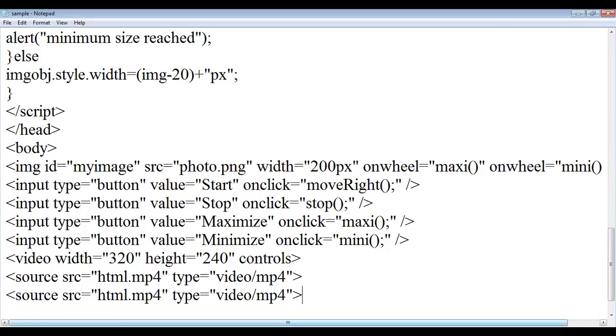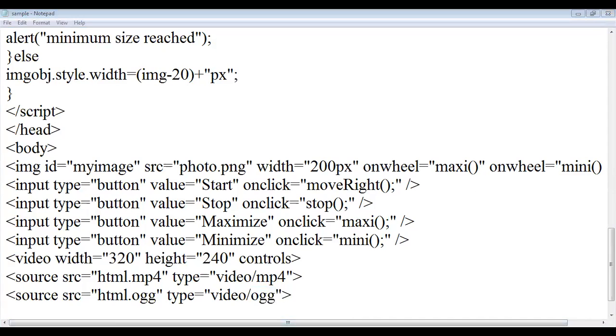If the source you have given does not work, this video is not working, so at that time you have to give a different format. You specify video.ogg, a different format other than mp4. So this is a different format you have.